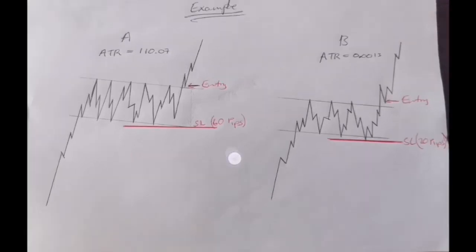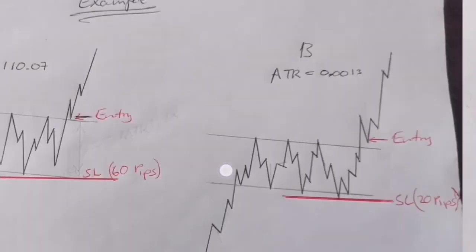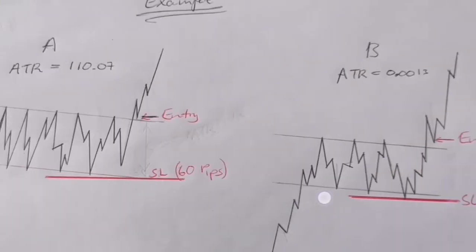If you look at this example, let's say you want to trade this chart pattern, which is a flag. The higher your ATR is, the further your stop loss is going to be. For example, right here on example A, let's say A is a chart pattern in a different currency pair, and B is a chart pattern in another currency pair. If you look at example A, the ATR is 110,